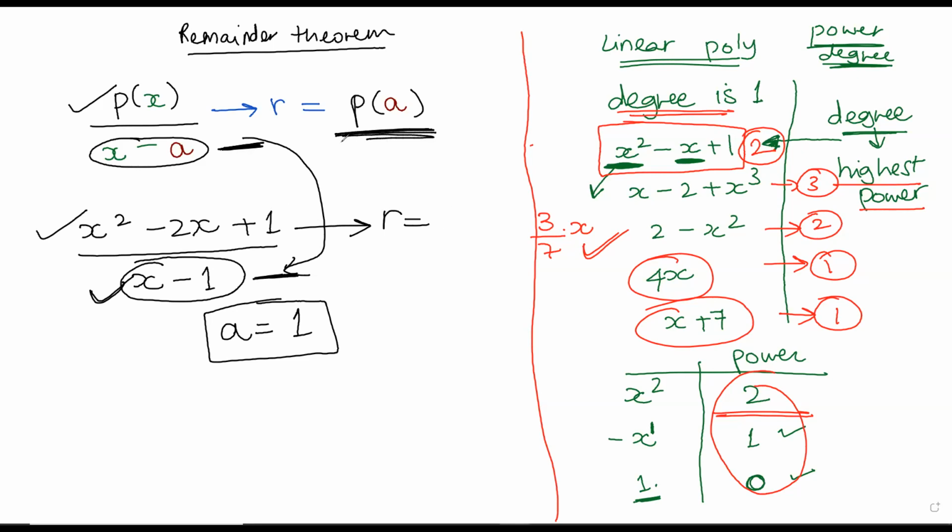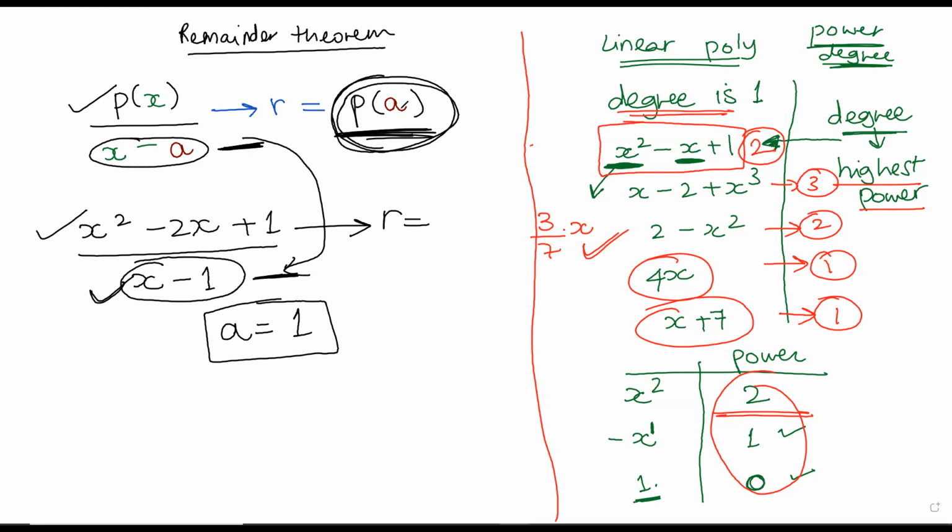Over here, look at this. It will be equal to, Hamna? I'm not sure, ma'am. Remainder is equal to, take a look over here. What does this say? Ma'am, 1. No, remainder is going to be P of A.